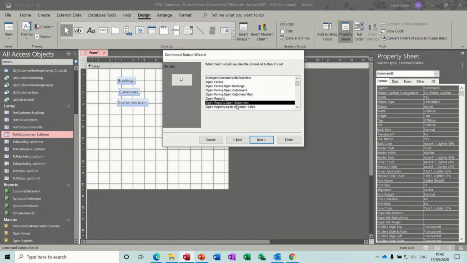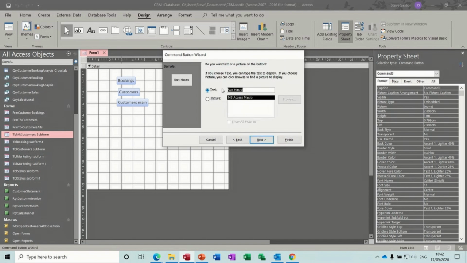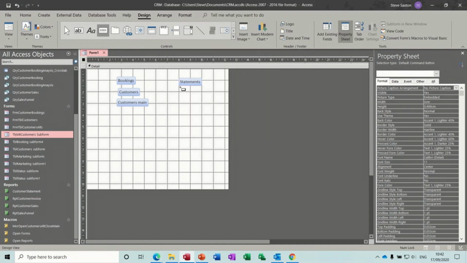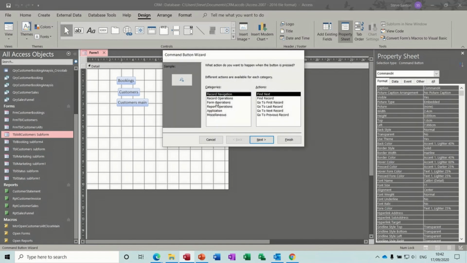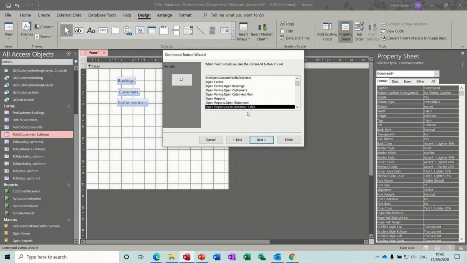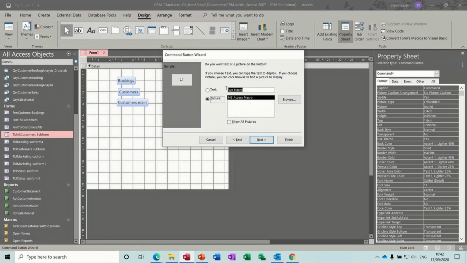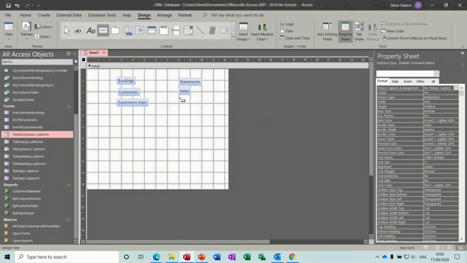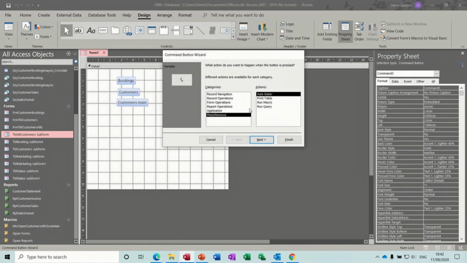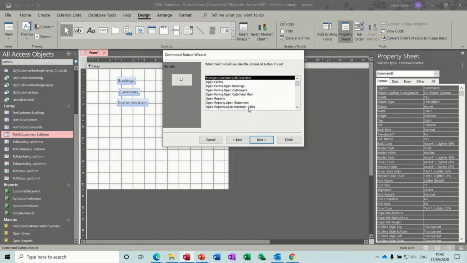So the first one is going to be statement, next, just call that statements. Statements, next, finish, and then next one is going to be miscellaneous, run macro, next, sales, call it sales, finish, and then last one is going to be the sales funnel, miscellaneous, run macro, sales funnel, call it funnel,